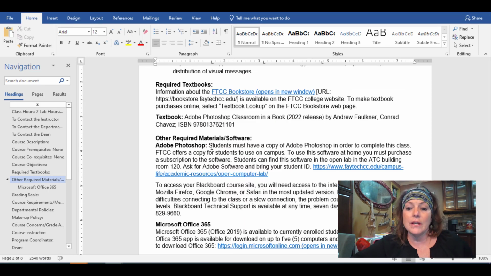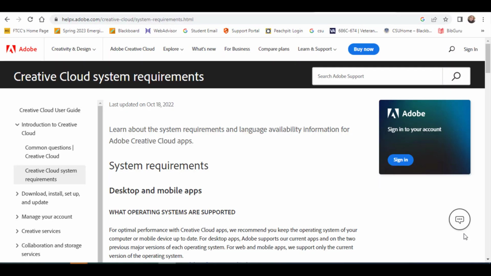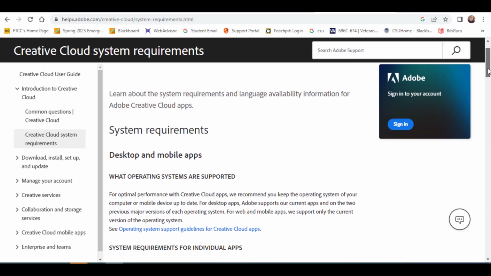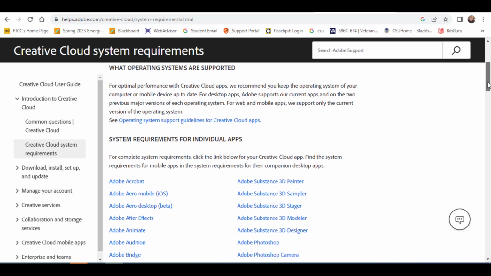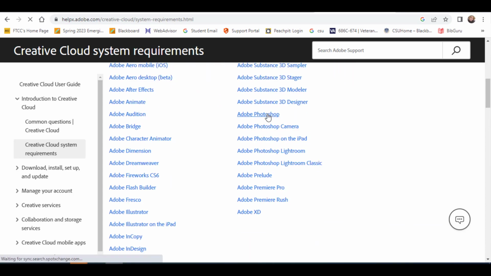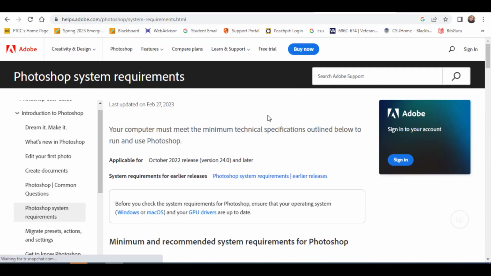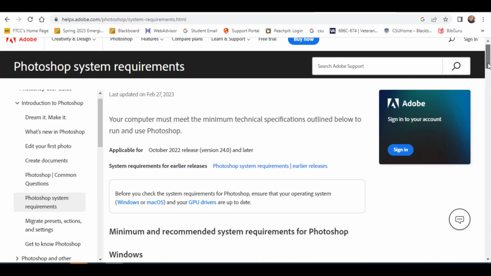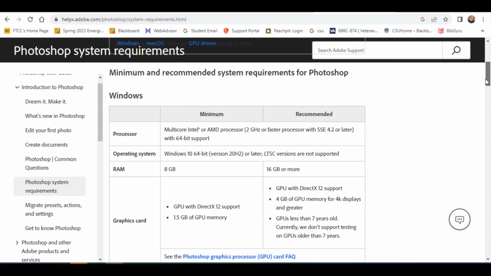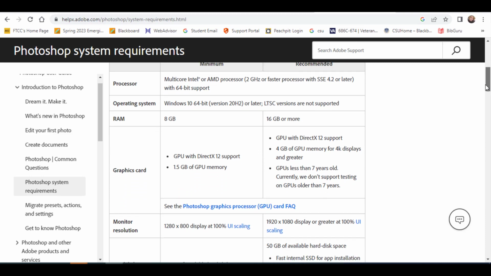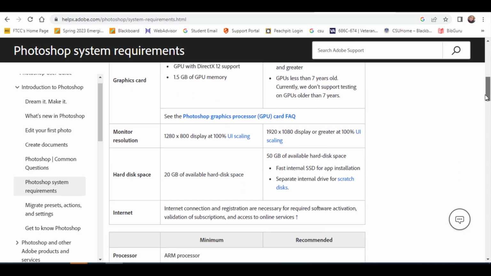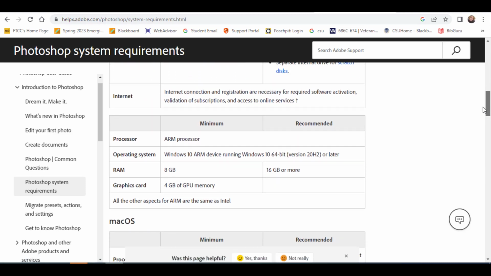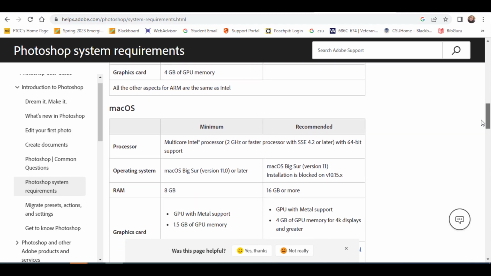which you can certainly use. If you're going to purchase the software for your home computer, and you're not a super technical person and you don't know what your RAM is or your storage, I'm just going to give it to you in a quick and easy way. Do you have a gaming laptop or a laptop capable of gaming? Typically you need that good graphics card so that you can run Adobe Photoshop. So if you do not have a really great computer, let's say you just bought the basic laptop for $300 at Walmart